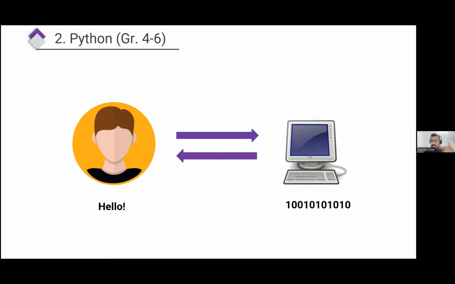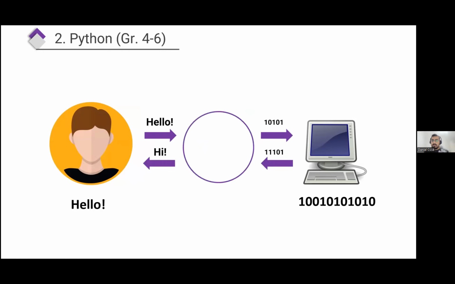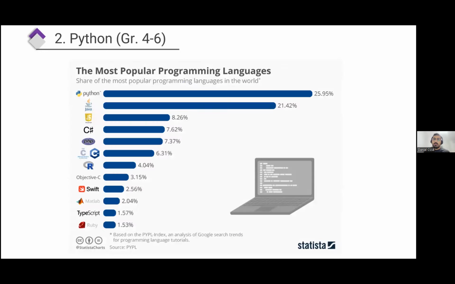So we need something to have this conversation. When we say hello, they cannot understand hello. They can understand 0s and 1s. And respectively, the same here. So we need something in between, and that is a programming language. And the programming language of this series that we're going to teach children is going to be Python. It's like a Google Translate for understanding computers and how we can command them, how we can write our own programs.